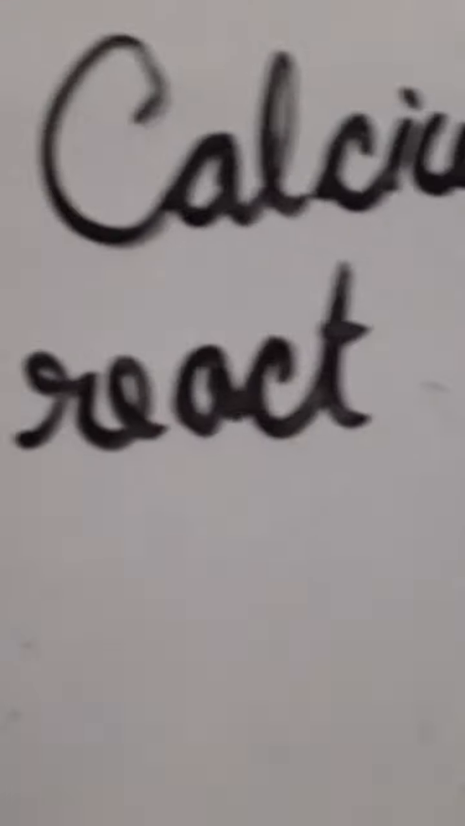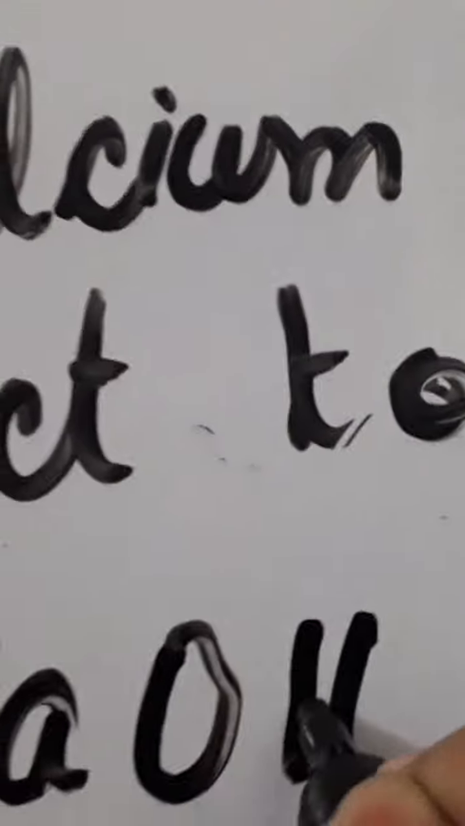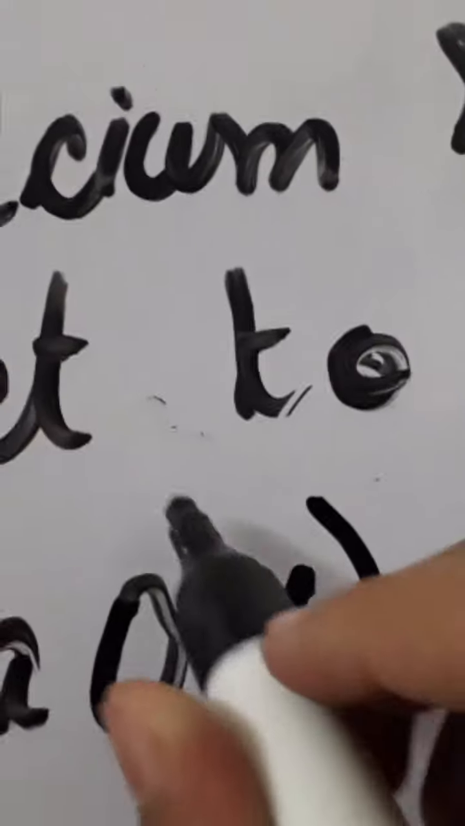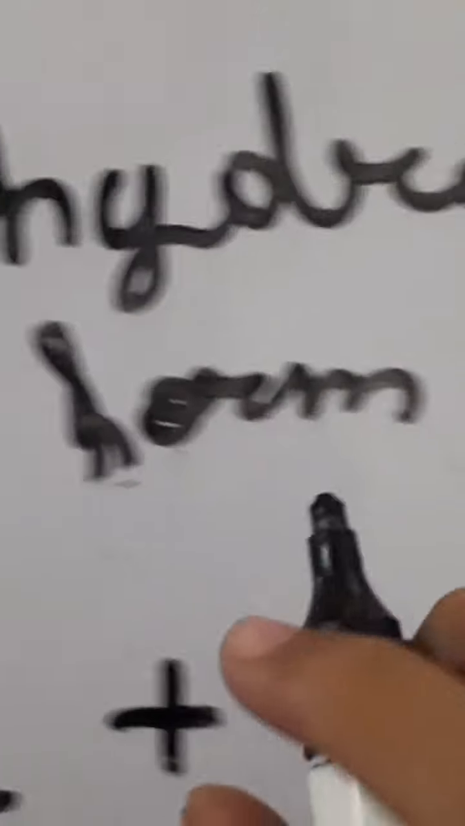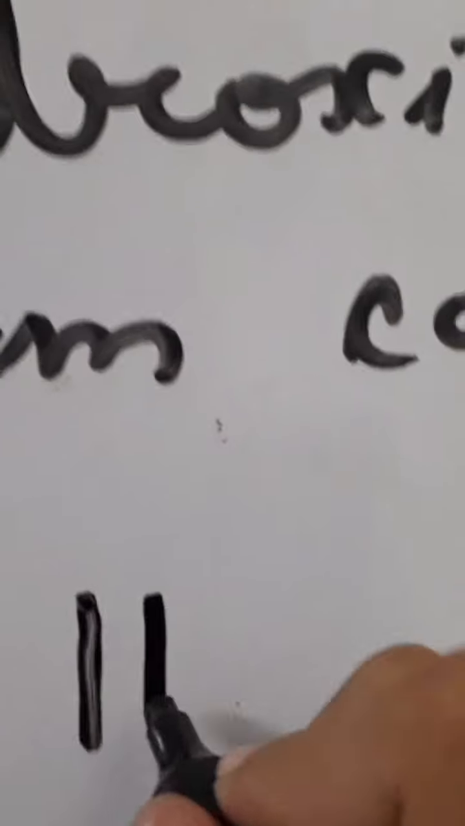Calcium hydroxide and phosphoric acid react to form calcium phosphate and water. So let's equate it. Calcium, which means Ca. Hydroxide means OH. So friends, the valency of calcium is 2, so it will get exchanged with hydroxide, Ca(OH)2, plus phosphoric acid, which is H3PO4,